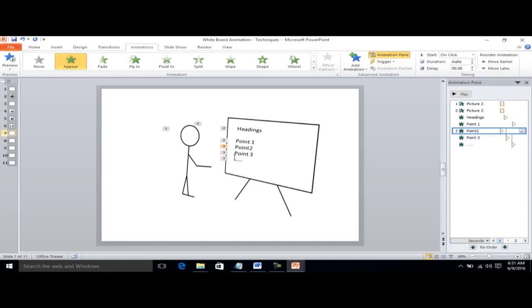Similarly for the later points, point 3 also you can do that. Start on click. This one, start on click. If I play the animation now,